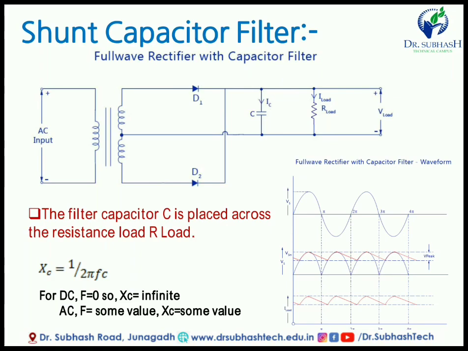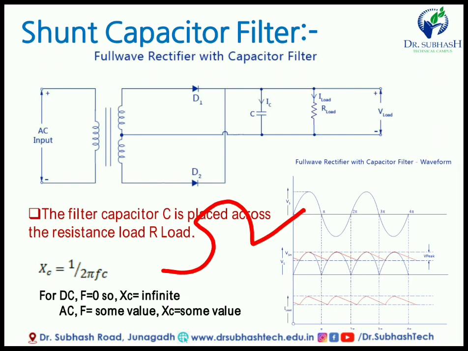When we talk about DC, then frequency is equal to 0. If frequency is equal to 0, then Xc becomes infinite, and Xc is nothing but one type of resistance. The unit of Xc is ohm. So, we can say that this is a resistive property. So, if Xc is infinite, then there is no current between these two plates of the capacitor, means it works as an open circuit. So, the capacitor is an open circuit, it does not allow DC to pass,